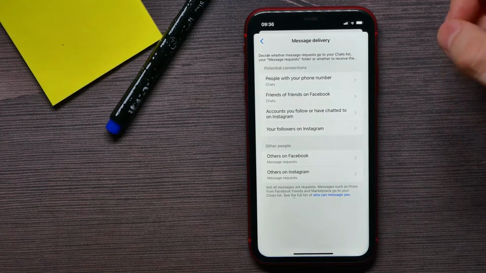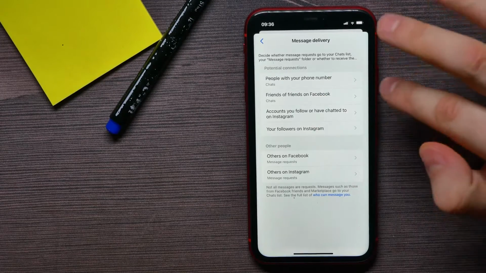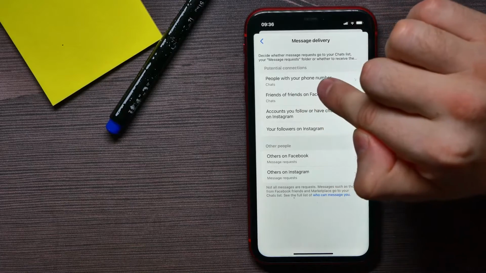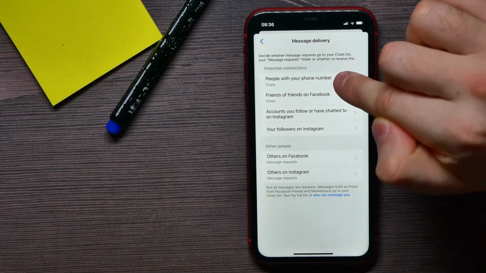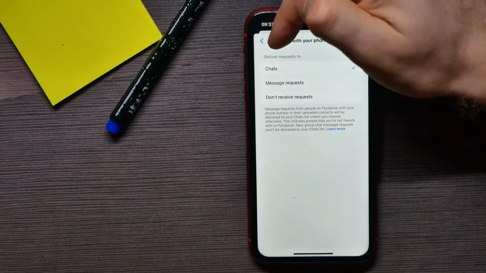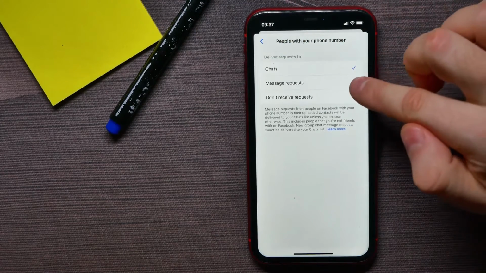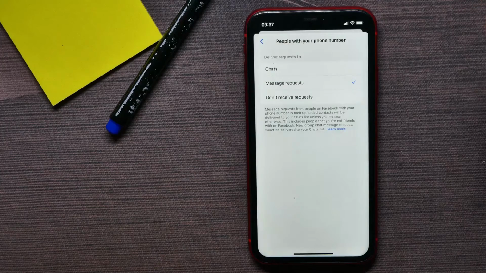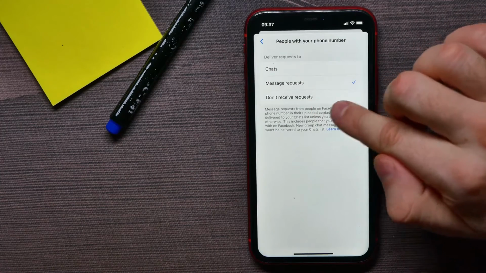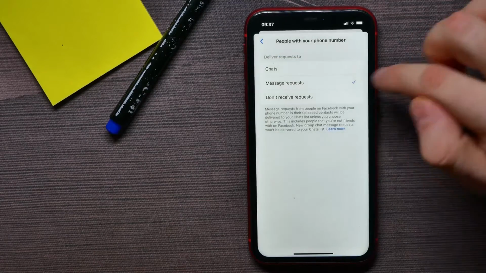of people. Facebook sorted people into categories, and the first is people with your phone number. You can enter that category and switch the way you will get requests from that category of people. It can be chats, it can be message requests, or you can even select don't receive requests from that category